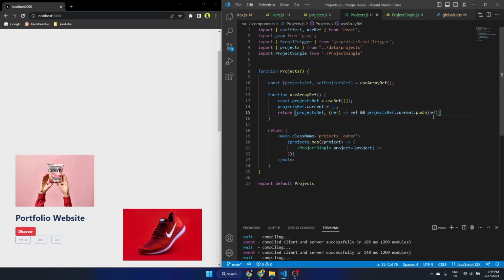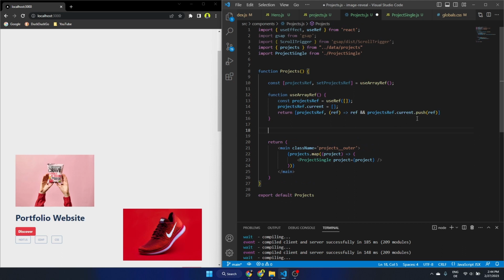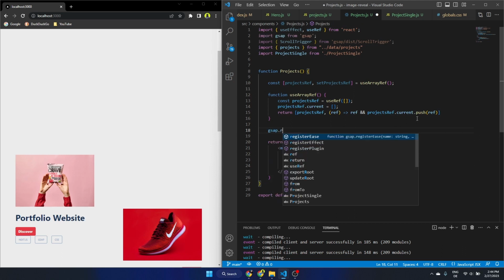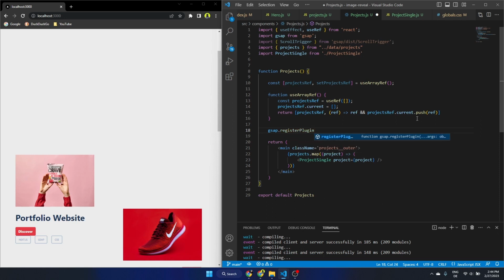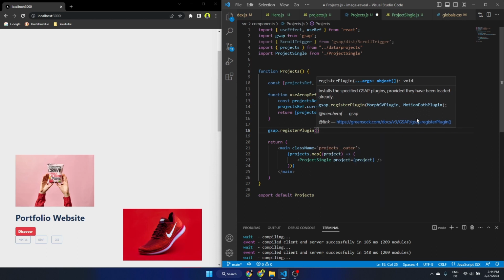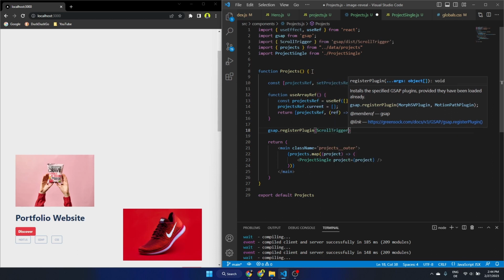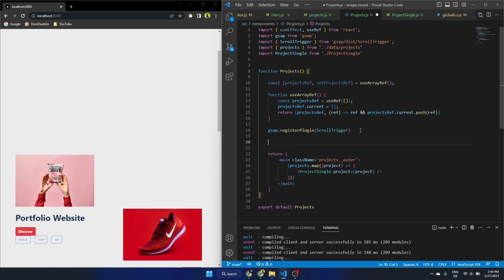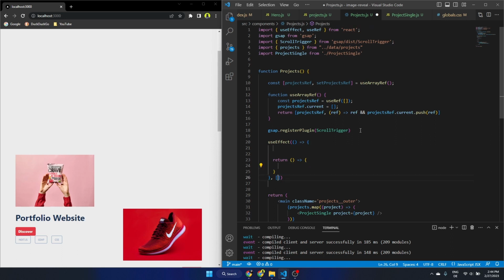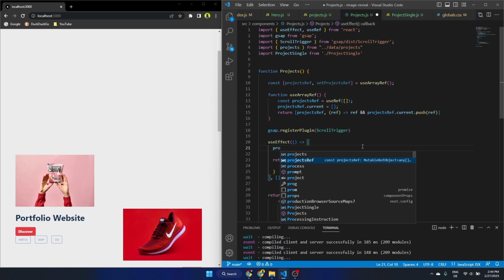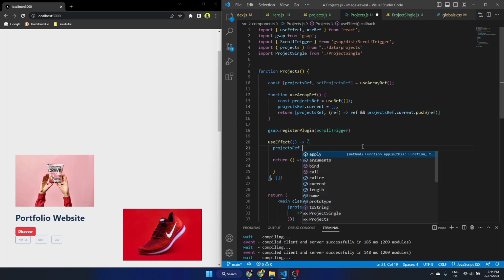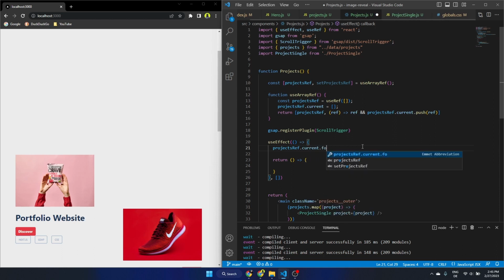Now the custom hook is finally finished, and now we just need to register gsap.registerPlugin ScrollTrigger, thank you. And of course we need useEffect, and in this useEffect we're just going to take the projectsRef that we have declared before, .current.forEach loop,